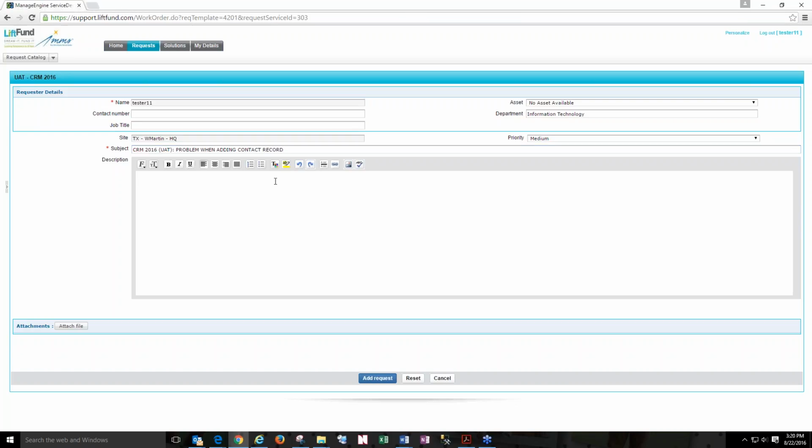Then you would tell us the description of it. Right now, I'm just going to go through how you submit it, and then we're going to talk about the detail of the ticket, right? So, right there, right? So when you add the request,